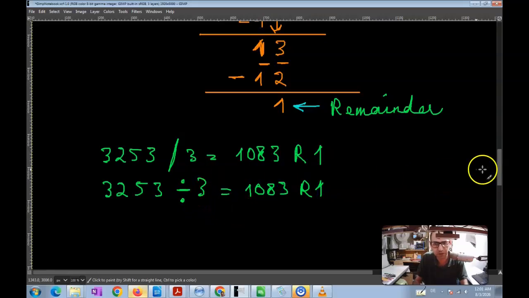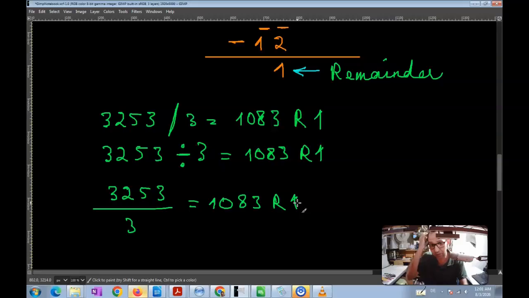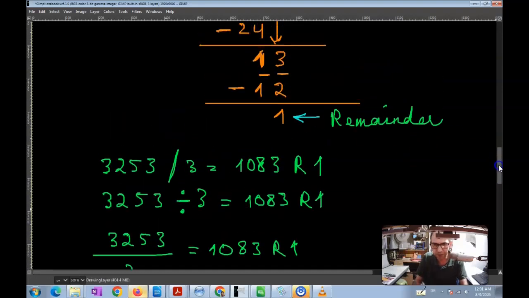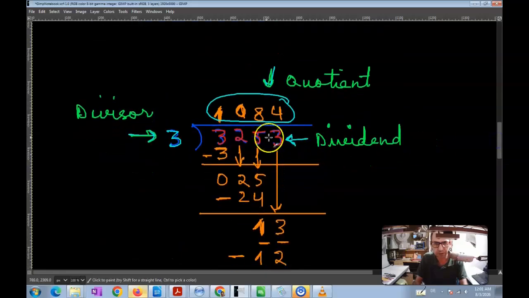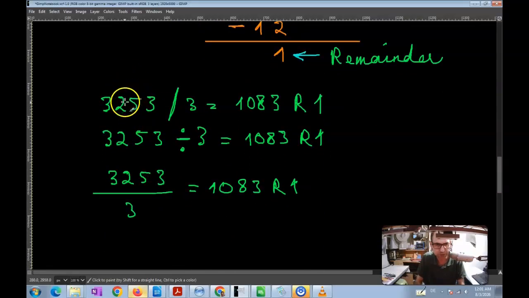You can write it this way, or you can even use a quotient, meaning you can write 3253 divided by 3 is equal to 1083 remainder 1. You can write it this way as well. And when you write your operation this way, we have the exact same names: the dividend, the divisor, the quotient, and the remainder, which means that this number over here is the dividend,